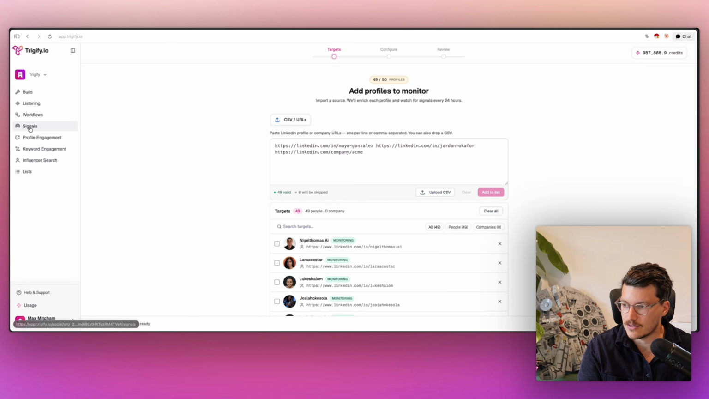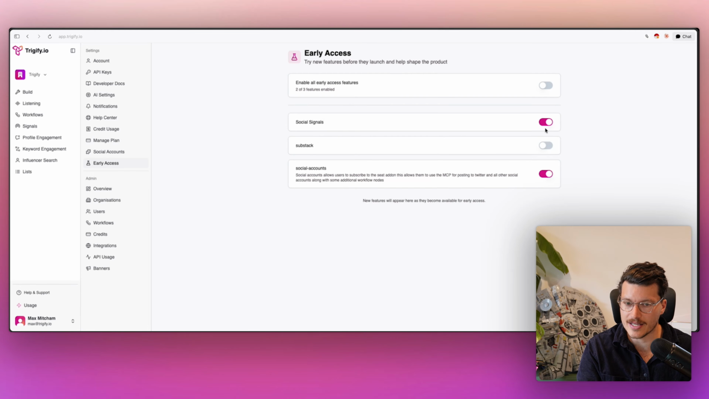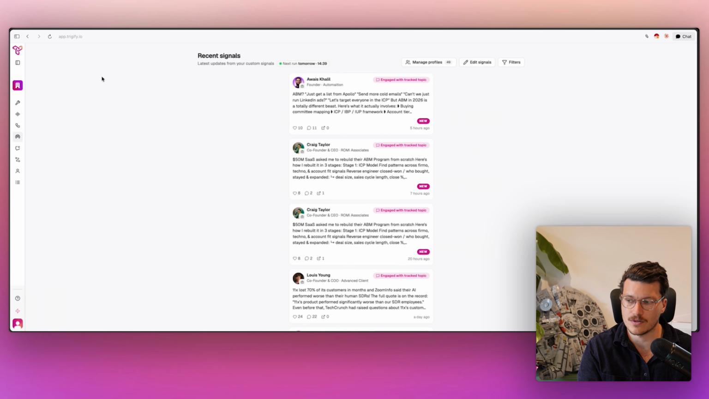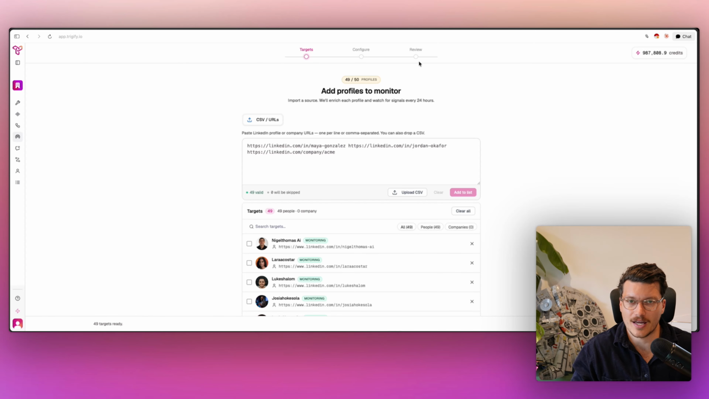First of all, you want to head to this Signals section inside of the tool here. If you don't see this, you'll need to come to the settings page and go to early access. And then from there, you can go ahead and enable social signals so it appears within your tool there. From here, you want to click on manage profiles if you don't have any profile set up to monitor